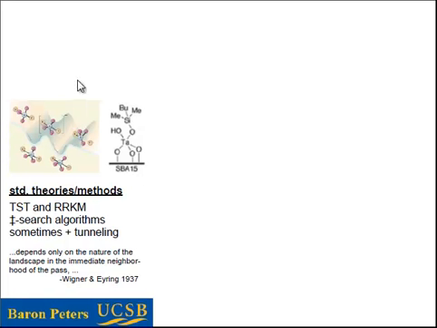These work really well. And we have standard algorithms that go along with those theories that help us find transition states. Sometimes we need to augment these theories with things like tunneling corrections or recrossing corrections. But for the most part, these work really well because the only part of the landscape that's really important for a simple process like this is the nature of the landscape in the immediate neighborhood of the pass. As Wigner and Eyring put it, I think they completely understood this problem a long, long time ago and really just needed modern electronic structure theory to tell them the potential energy surface and algorithms to find the transition states, and then they were in business.